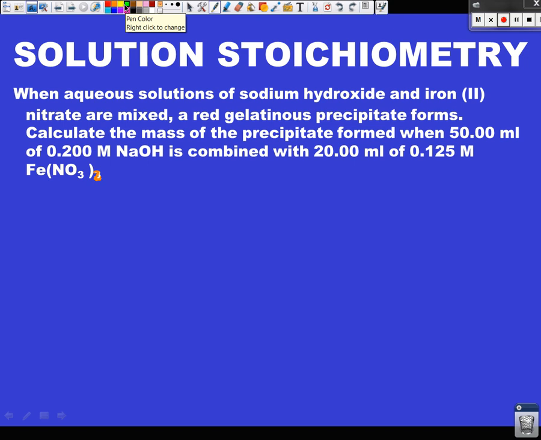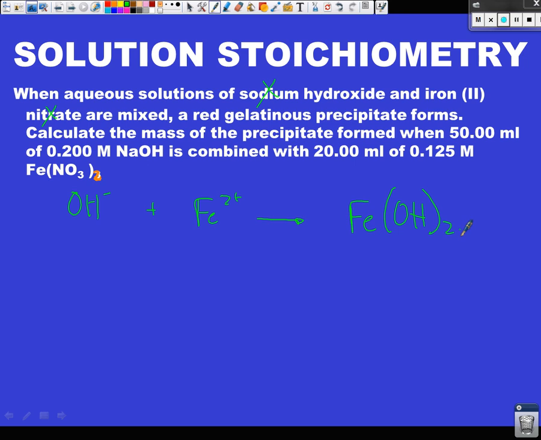So we're going to cross off everything that will never make a precipitate. Is there anything in the first formula? Sodium, how do you know? It's a group 1. Get rid of it. We don't need it. What about iron 2 nitrate? Get rid of it. So then the question becomes, the only thing you have left is hydroxide and iron 2. Is that, based on solubility rules, a possible precipitate? Yes, very good. All right, so we know that it is going to be OH minus plus Fe2 plus yields